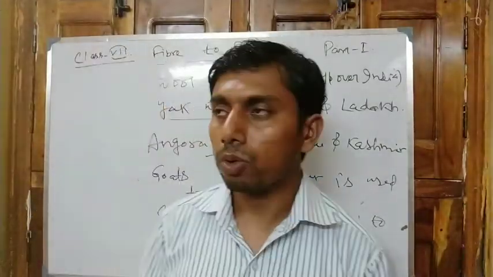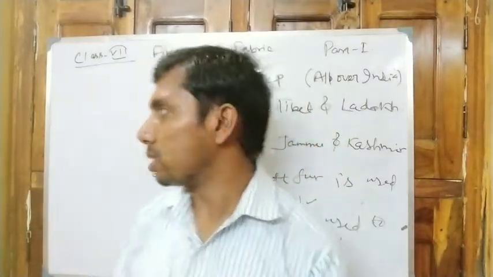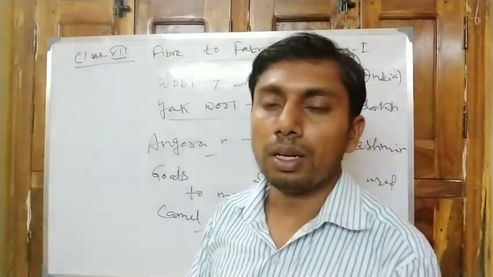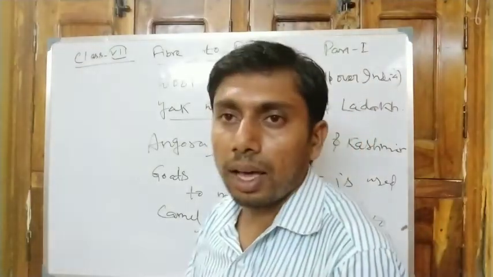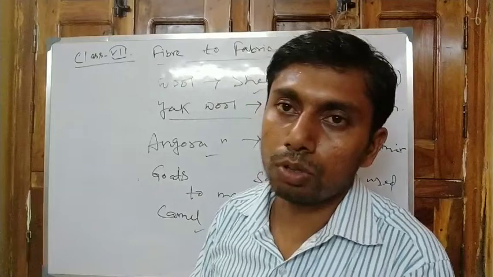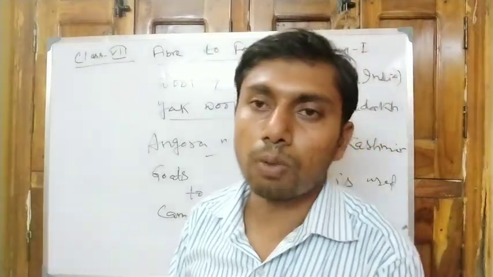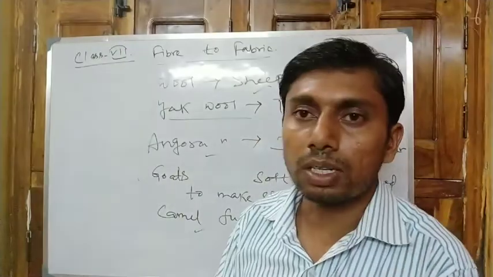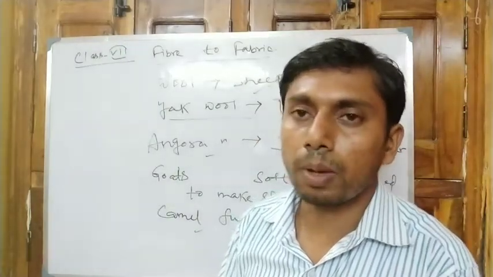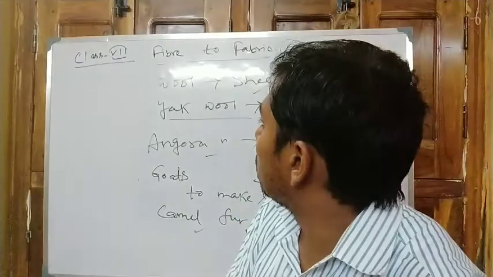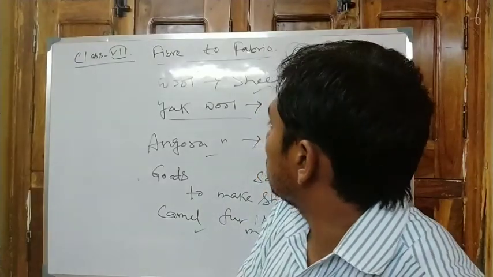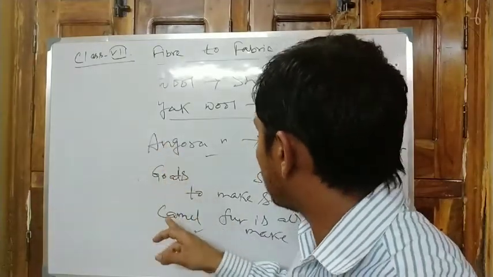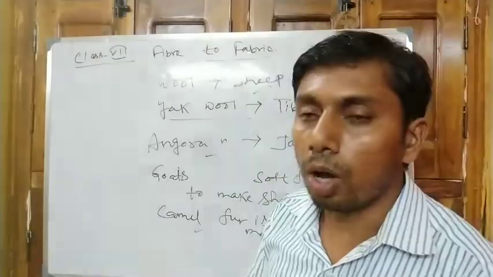Now in the next class we will discuss the process of how to make wool from these fibers, and the different sources of silk, and how silk is produced from the cocoon of the silkworm. So from this portion the questions are: what is fleece, what are the sources of animal fiber, what is the process, what are the different sources, that is Angora goat, camel, and what are the uses of these.